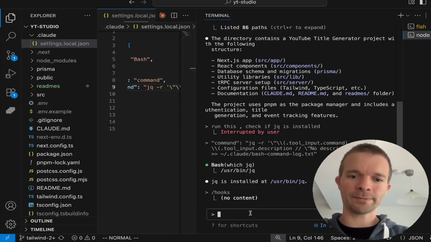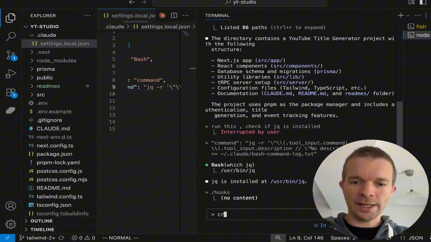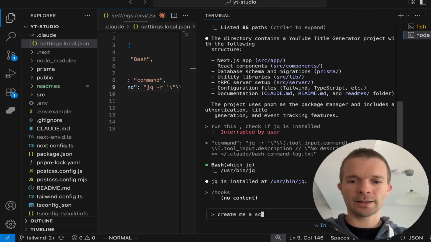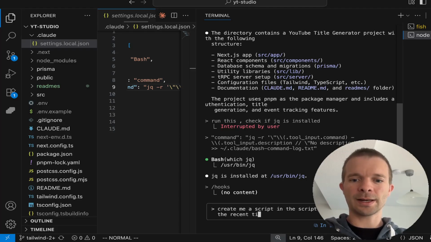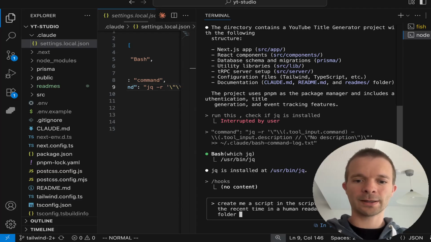I know, I have a plan. Create me a script in the script folder that stores the recent time in a human readable format in the folder